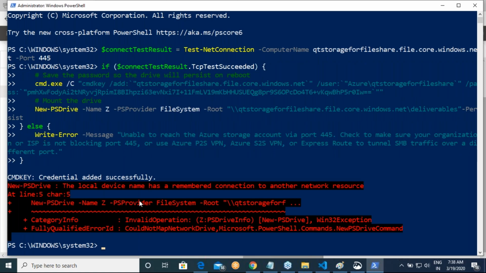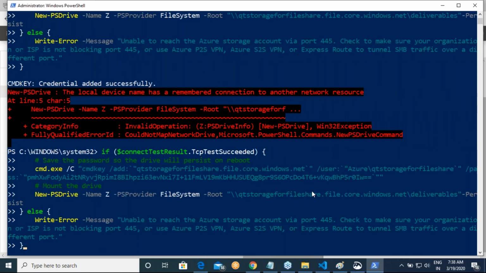Z I think is a problem, so let me change this because I think I've used Z already for something else. Let me try to change this Z to X.